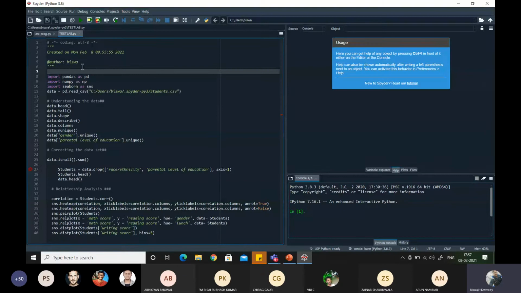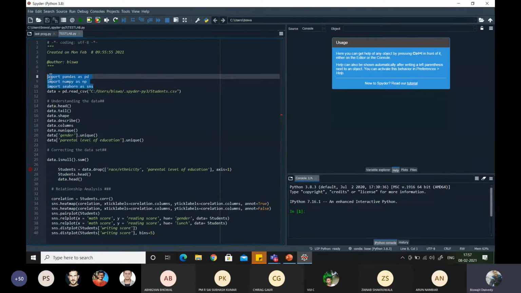So these are the things, whatever code I have shown there, I have already copied there. We'll be running each line of this code in your console. This is your text editor and this is your console. We'll be executing one by one there, and we'll be seeing what results we are getting.